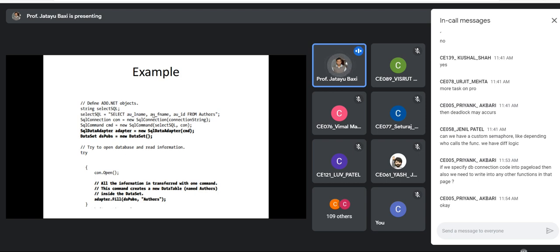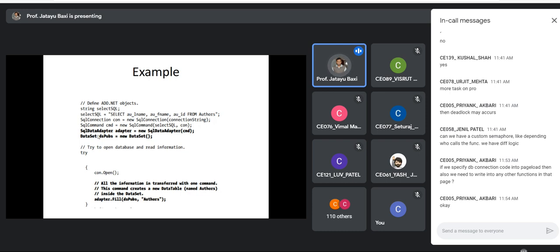We start with writing a select command. Select author name, author last name, author first name, and author ID from authors. Then just like the normal approach, we create a database connection object, and we create a database command object.